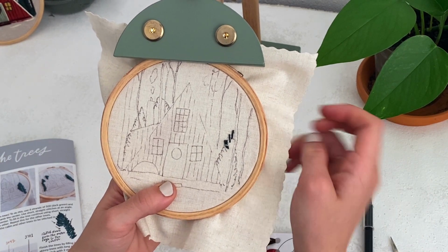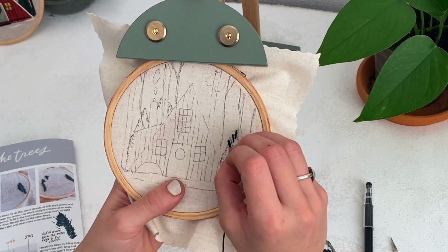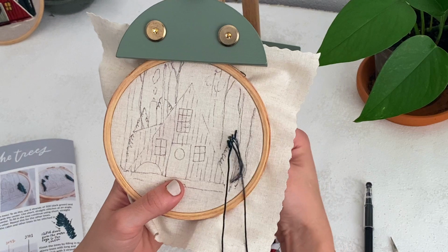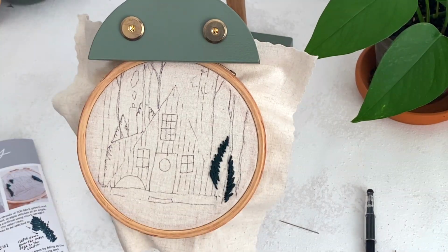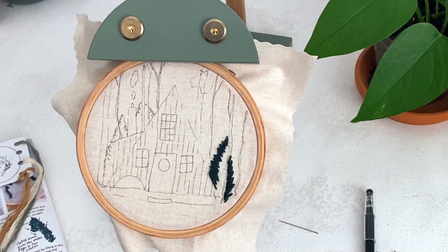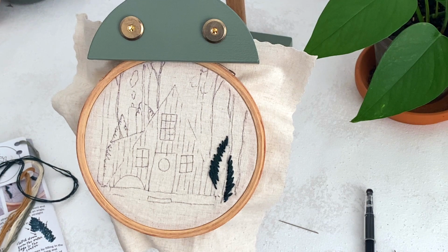Don't jump all around the place, but go ahead and add a bunch of textures. The stitches can go in slightly different directions. That makes it look a little more realistic. So once you've got your outer edge stitched, go ahead and, following the same idea, stitch the inner portion of